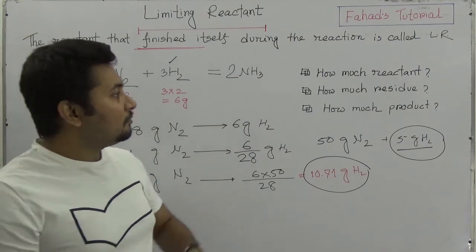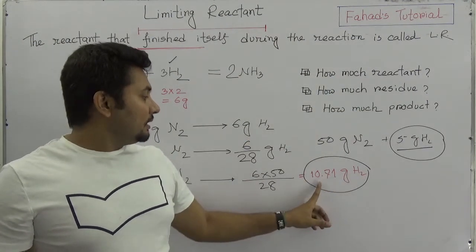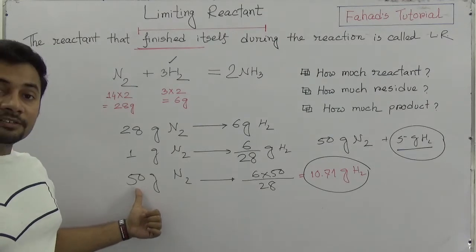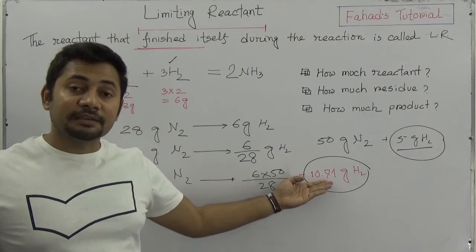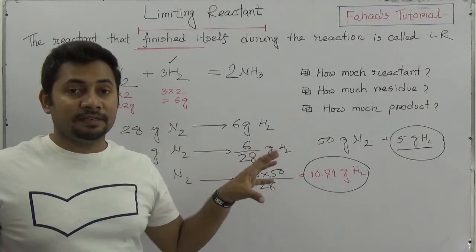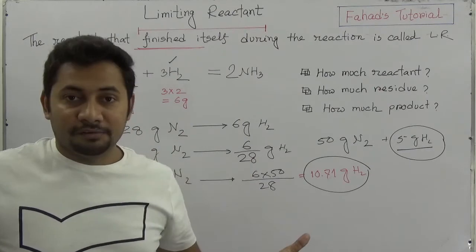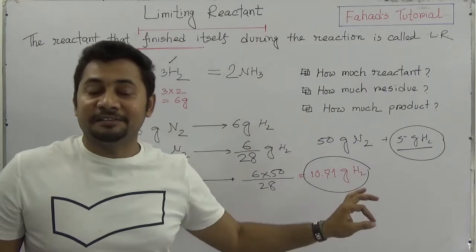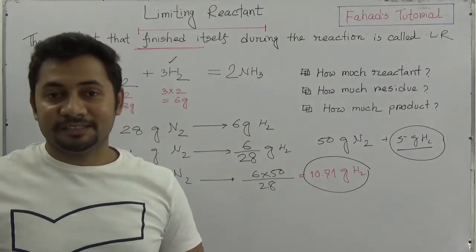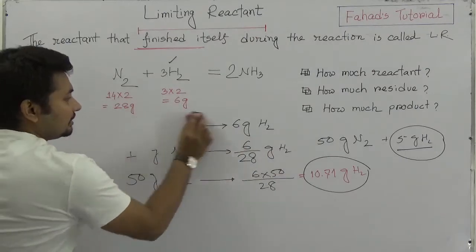So how much reactant is reacting? Here 50 gram nitrogen is already there, but 10.71 gram hydrogen should be in the reactant so that it will be equal, but no. That is why hydrogen will end first, and right now hydrogen is the limiting reactant. But if we do it in a reverse way, suppose